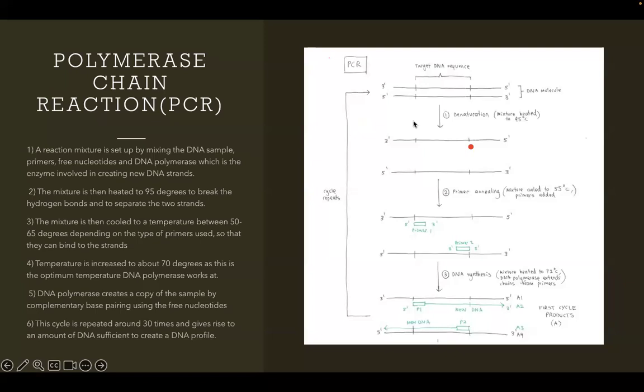So again, using a DNA probe, you'd look for the target DNA sequence, it binds to it, and then you'd be able to know that that's the sequence you're looking for, okay? So you'd get markers and you put them here and here to kind of block it out. Then you denature it, which basically means breaking the hydrogen bonds, and that needs to be done at 95 degrees Celsius to break those bonds. The mixture is then cooled to about 55 degrees, and you put primers in, because does anyone know,